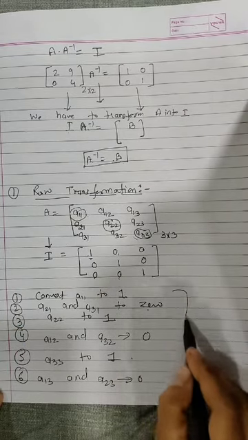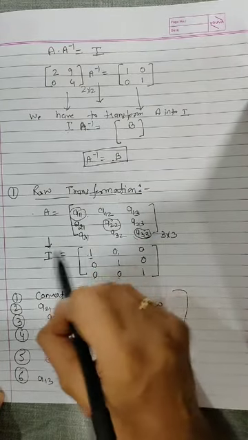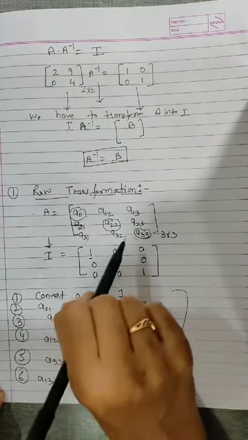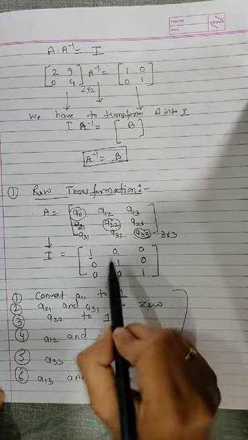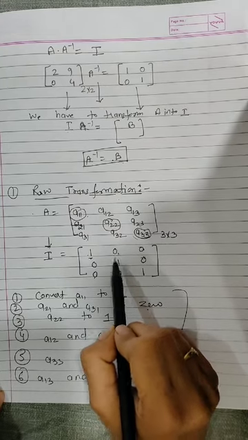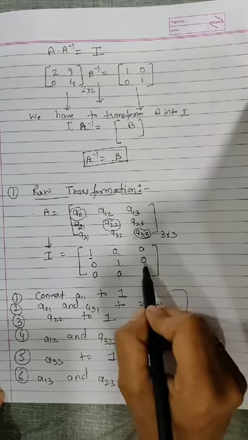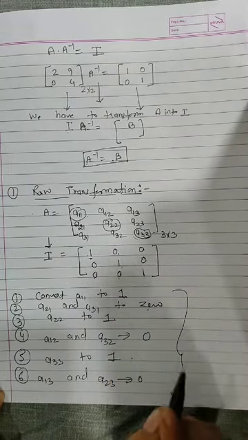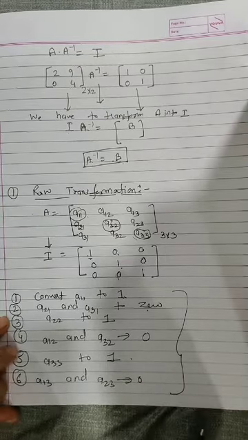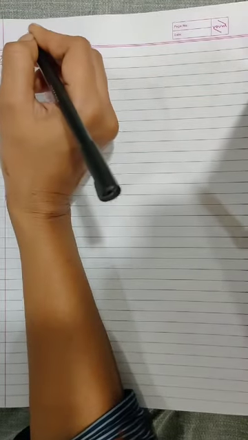So these are the steps you have to follow using row transformation. If you exchange the steps, you will not get A inverse. So always the first element should be 1, the other two 0. For the next diagonal element, make it 1, the other two 0. Third diagonal element, make it 1 and the other two 0. And you make this using the transformations I have just explained. Now we will take some simple examples. I will take a matrix of order 2. So let us take examples on this.